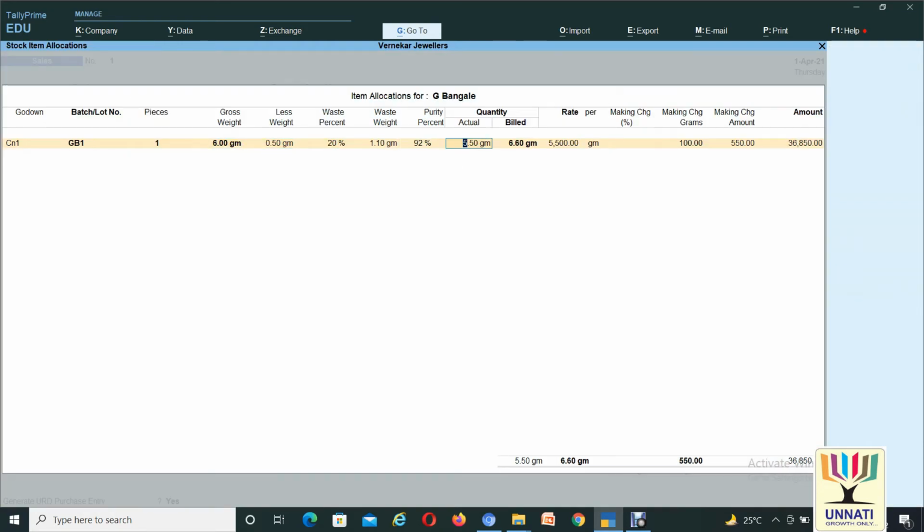Here you can also make other changes if you need: batch number, pieces, gram, waste percentage, waste weight, purity, rate, making charges, making amount, grams. Any changes you need are allowed here.